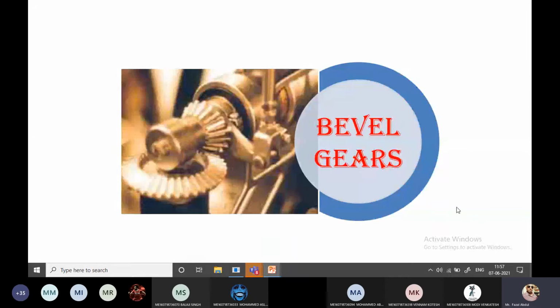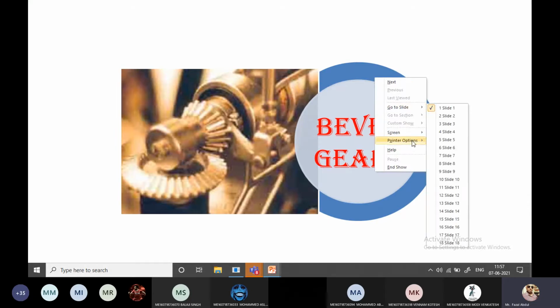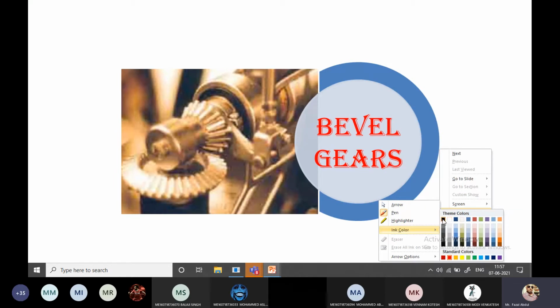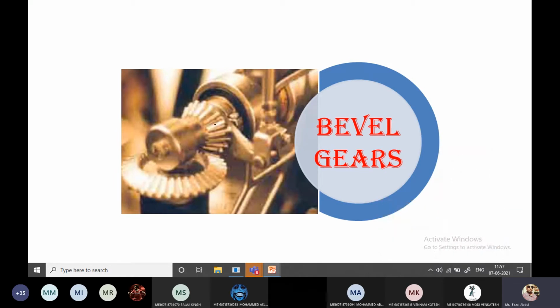So see here, the bevel gear comes under the classification of position of the axes. By seeing the figure, we can estimate the position of the axis. In this figure, this is the axis of this bevel gear. Here one is a bevel gear, and another is a bevel gear here. This is the axis coming here, and this is the axis; both are intersecting here. So this comes under the intersecting axes.